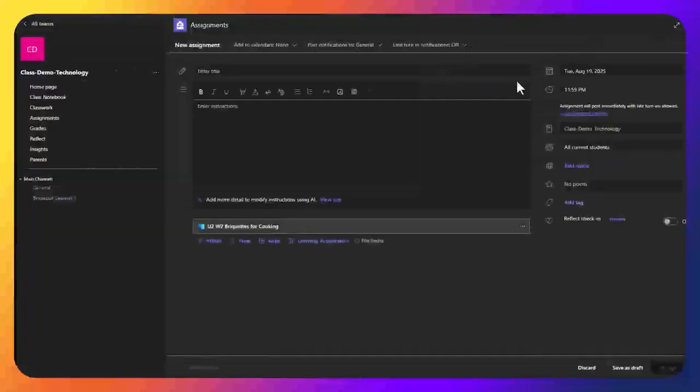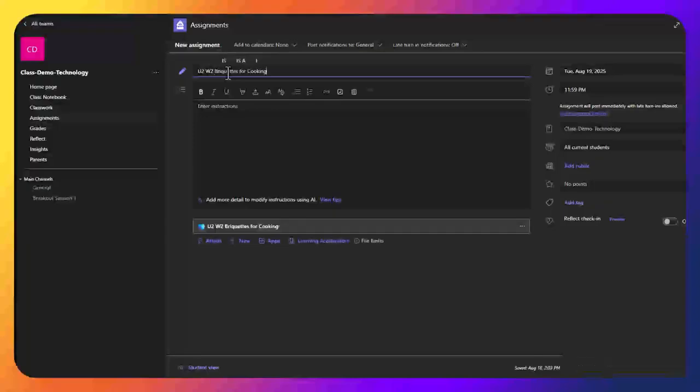And very important is now, when do you want to assign it? The assignment type is right here on the top, where you're also going to put the title. Now, we did title it U2 Week 2 Briquettes for Cooking. And one thing that will probably be important to add in here